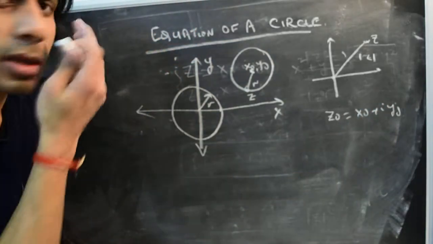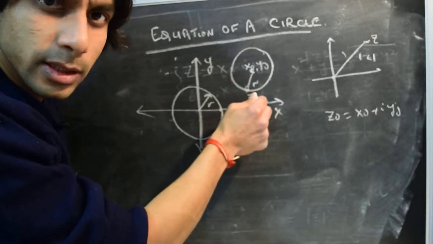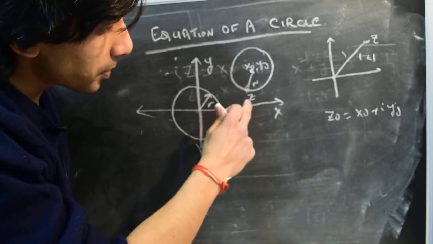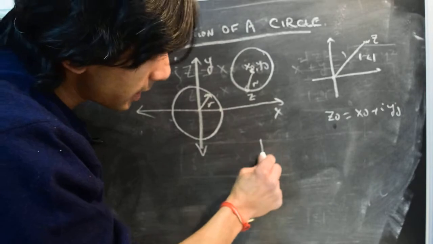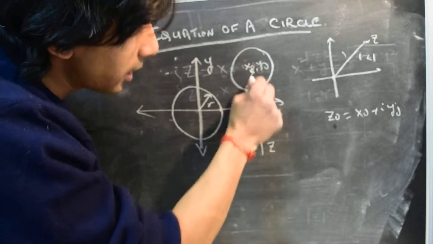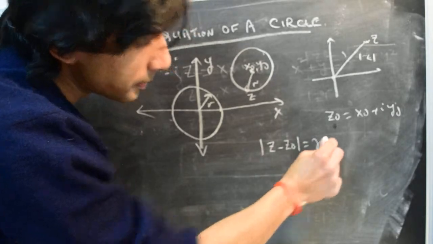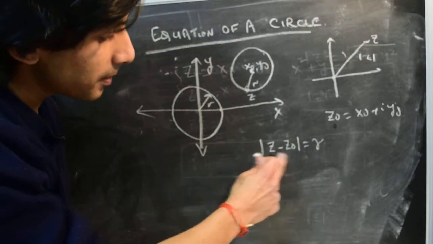So the equation for a circle can be simply written as the locus of a point. z is the point that will move along the circle, so the locus of a point which is at a fixed distance from the center. Or in other words, we can say that the equation for a circle is that mod of z minus z naught is r, right? Because z minus z naught